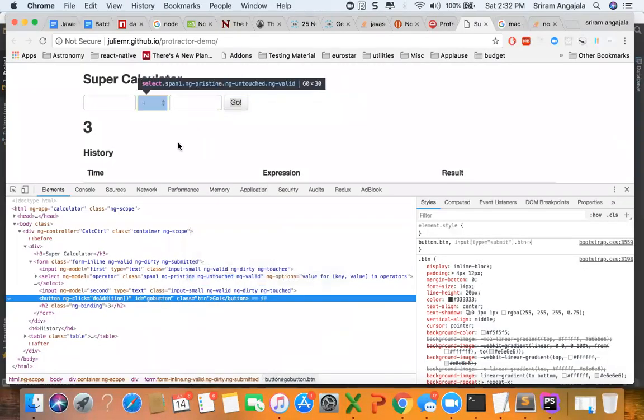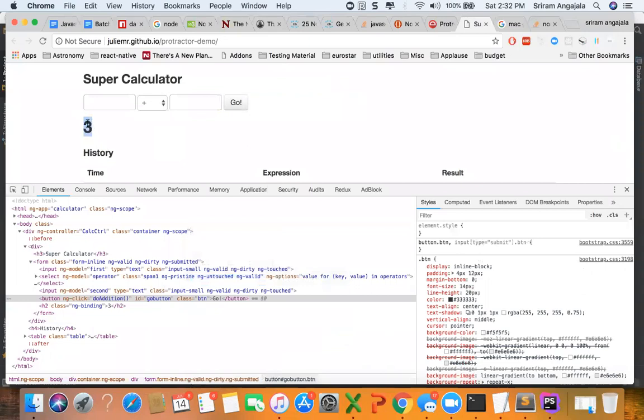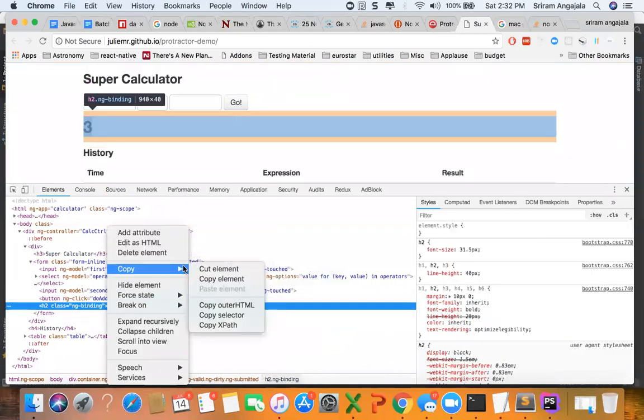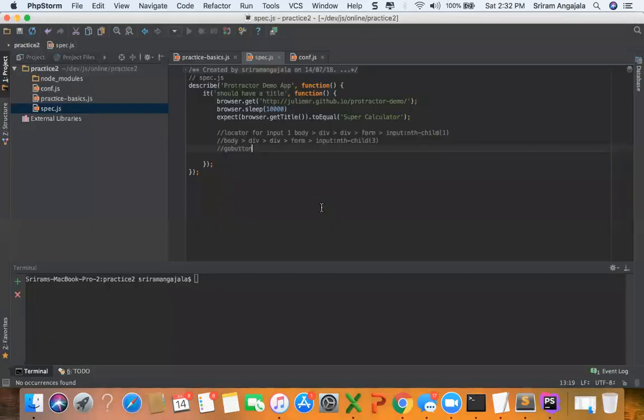Okay, and what else? You need to make sure that 1 plus 1 is equal to 3, right? Okay, and go to copy selector. So I need to get the 4 selectors. Okay, so what I will do is, again, now same like